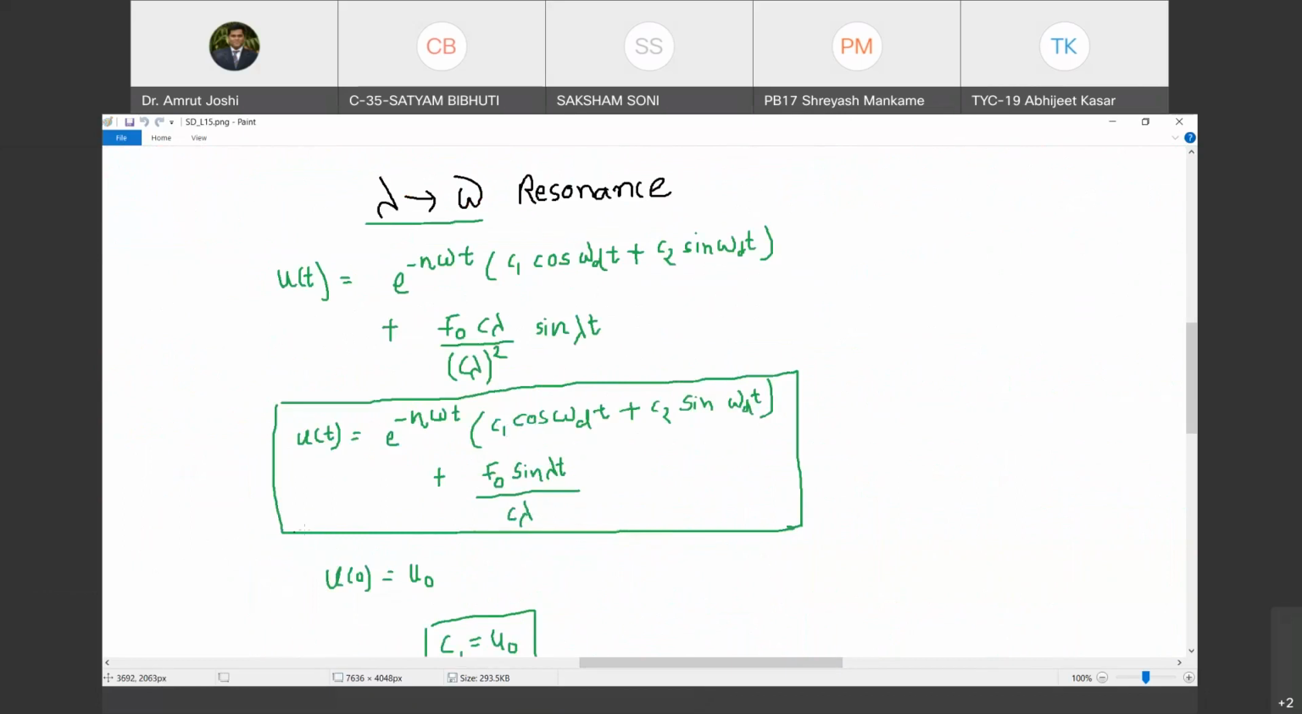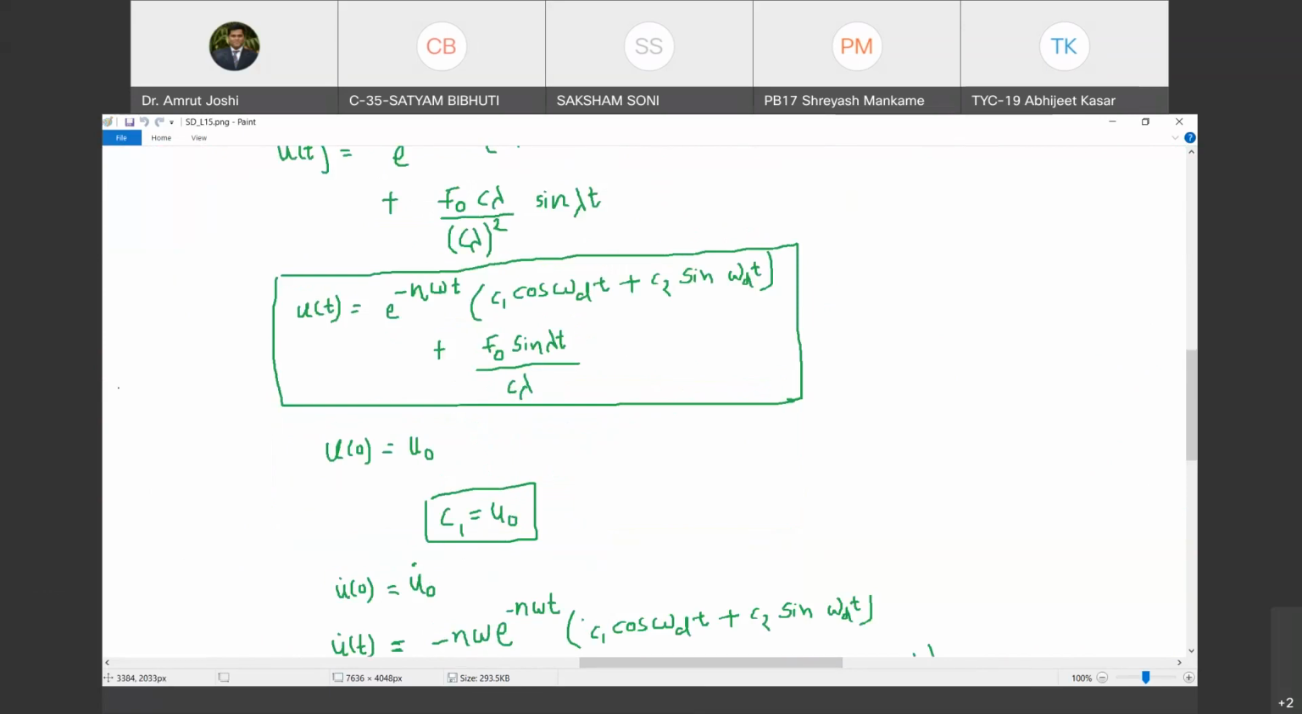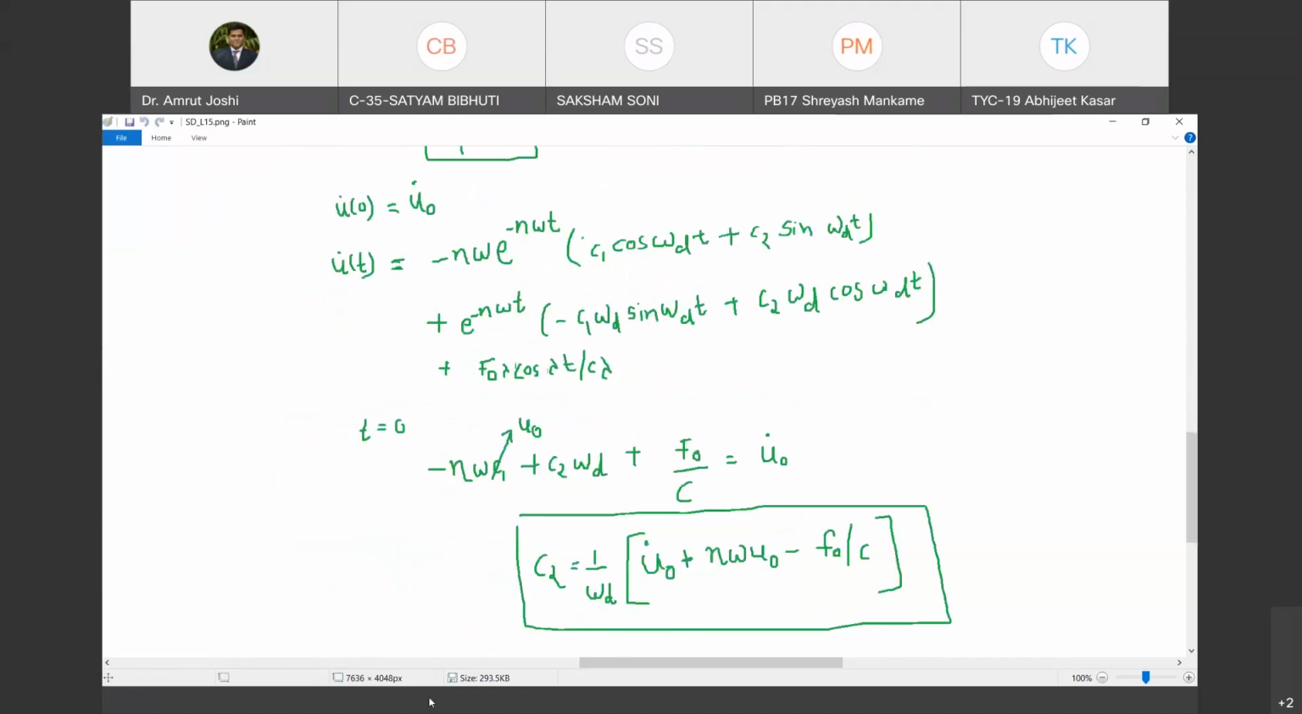U of t is given by C1 e raised to minus eta omega t, C1 cos omega dt plus C2 sin omega dt, plus F0 sin lambda t upon C lambda, where C1 is equal to U0 and C2 is given by this expression. So now what we are going to do is plot this response